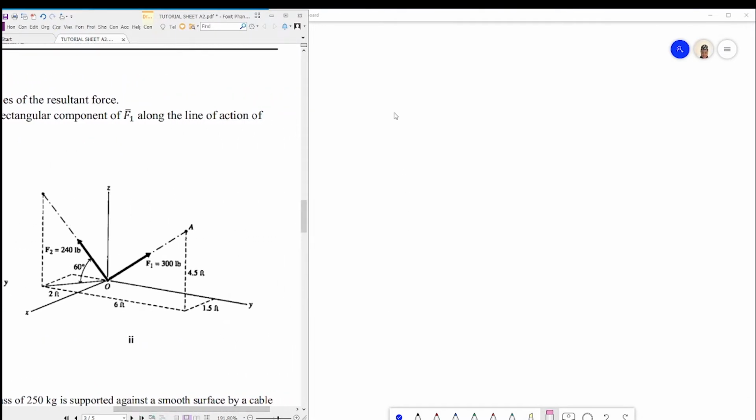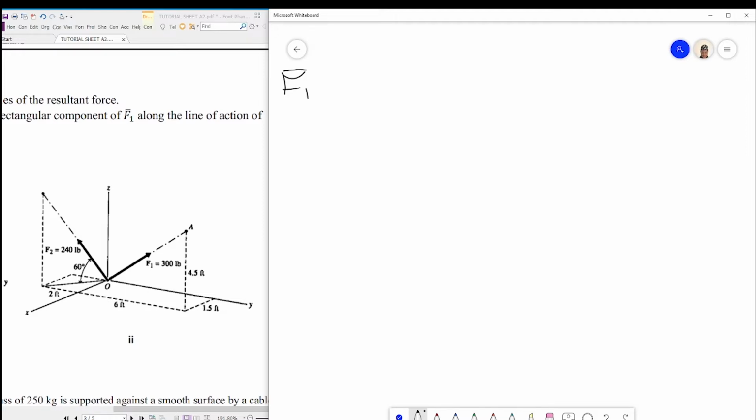So we'll need to express the forces in Cartesian vector form. The first question is find the magnitude and the direction cosines. So we'll go ahead and do just that. For F1, we'll need the position vector OA and get the unit vector. So I'll just write F1 in Cartesian vector form will be equal to the F1 we've been given multiplied by